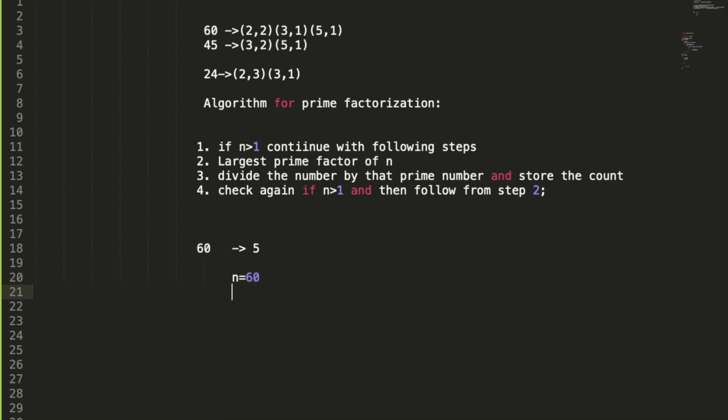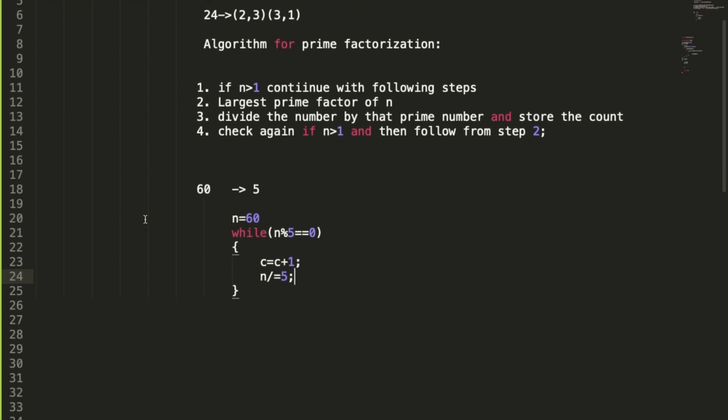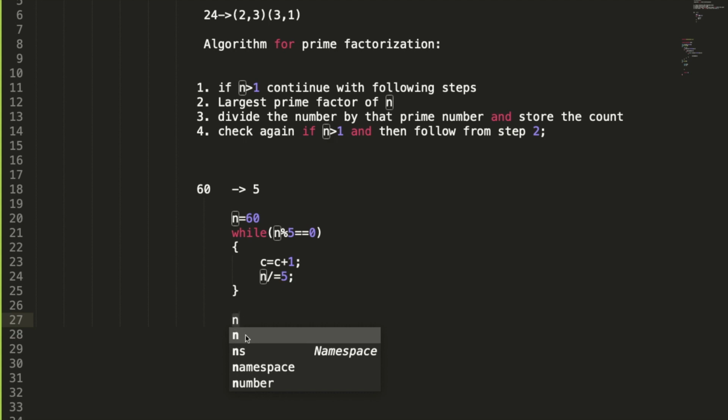We are going to give a while loop: while n modulus 5 equals 0, we keep dividing the number. C is the count, and we have n divided by equals 5. After this we will have another value of n, so we are going to check if this n is greater than 1 or not.